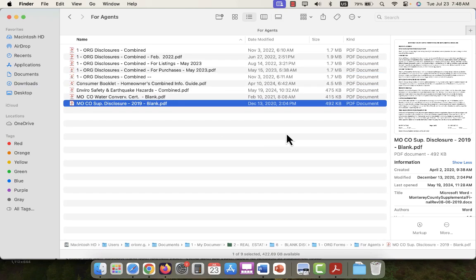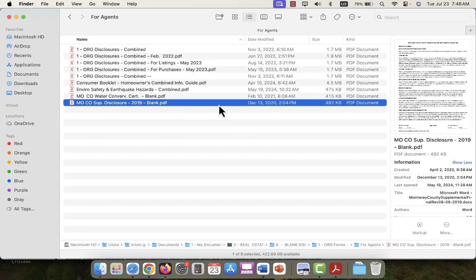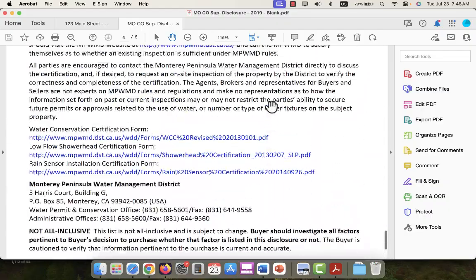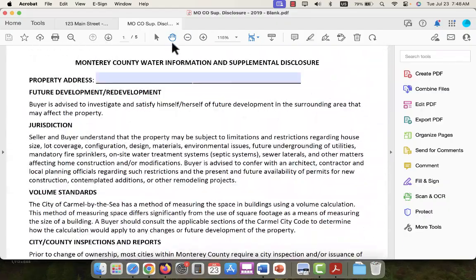So the forms that you will be filling out are these forms. Monterey County supplemental disclosure, if the property is in Monterey County. So I'll be sending you these forms and keep them in a separate folder so you can use them for other transactions. So you fill in the address,